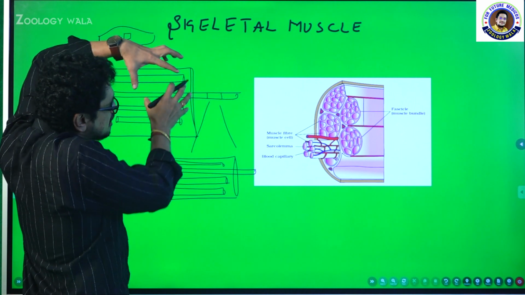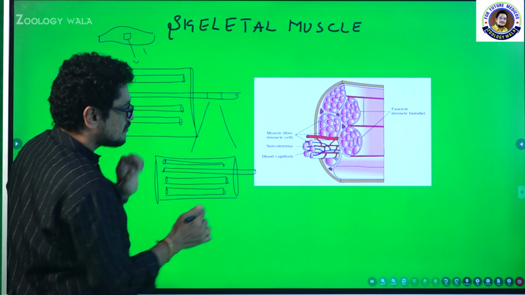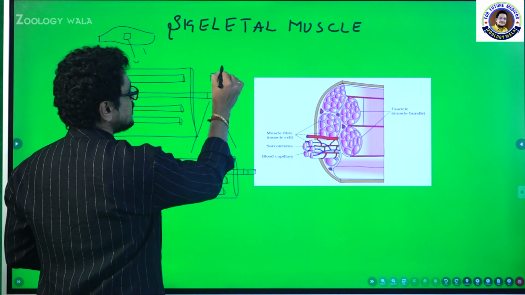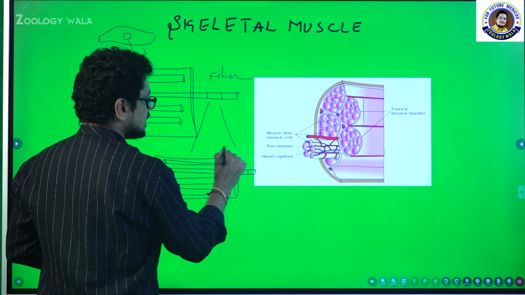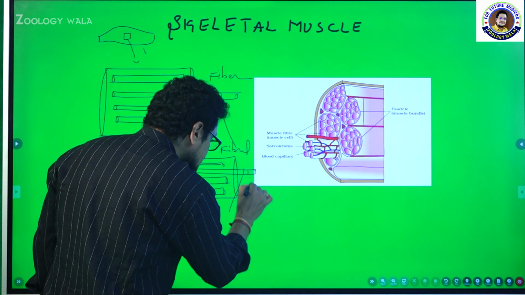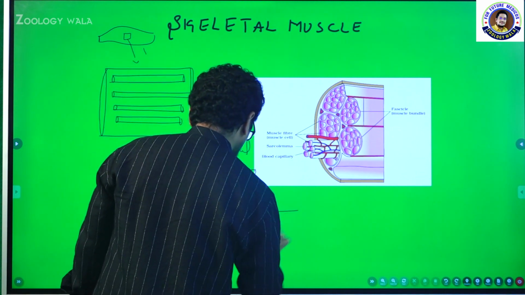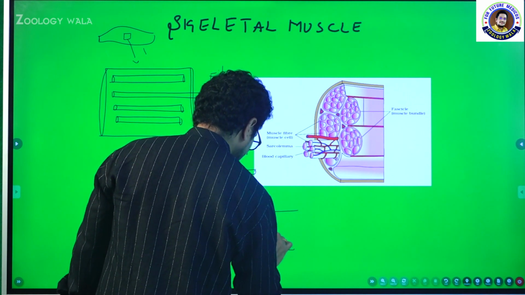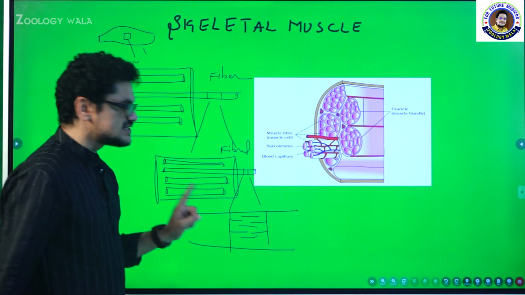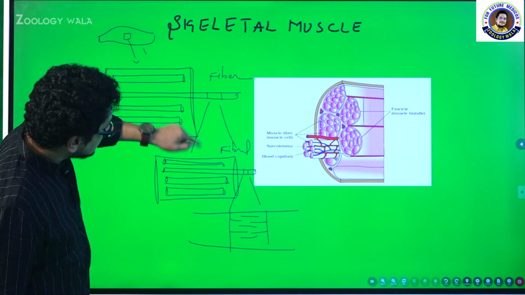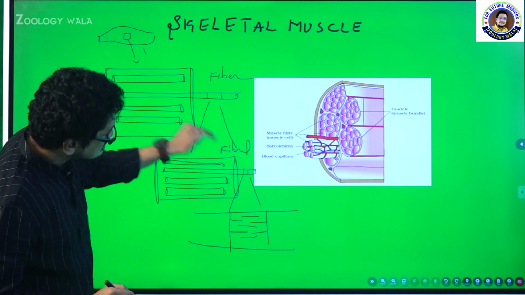Muscle contains number of fibers, each fiber contains number of fibrils. And now let us see what is there inside this fibril. So, this is fiber, fiber contains number of fibrils, and now what is there inside this fibril. Here I want to show you the number of proteins. Here number of proteins are present. So, muscle contains number of fibers, inside the fiber, in each fiber contains number of fibrils, inside the fibril number